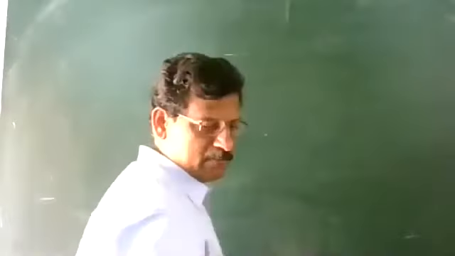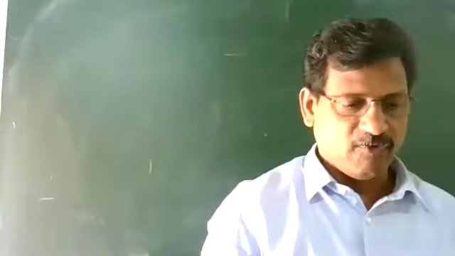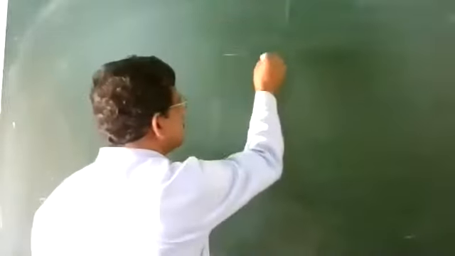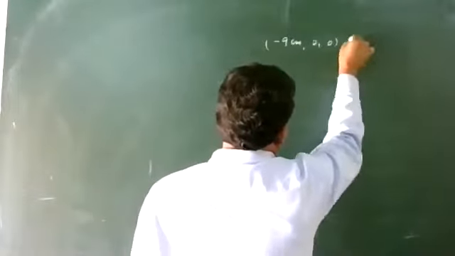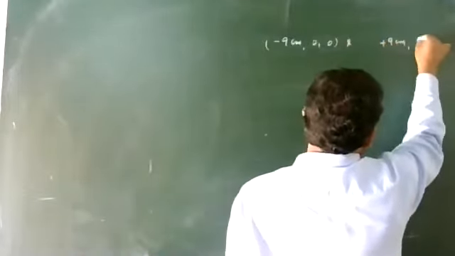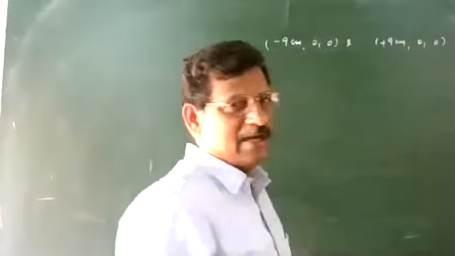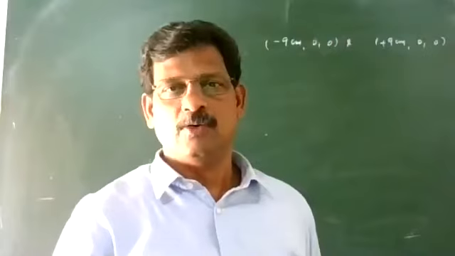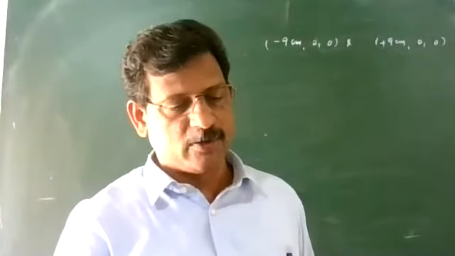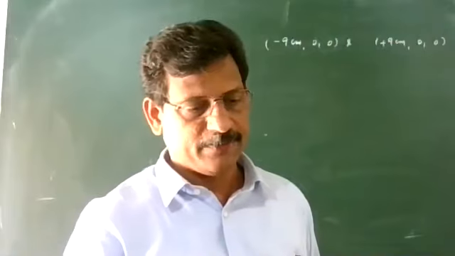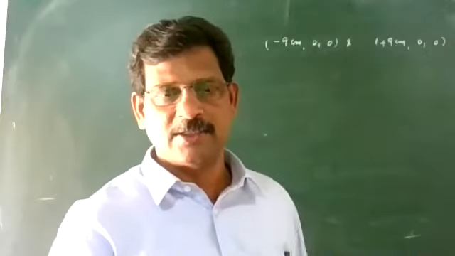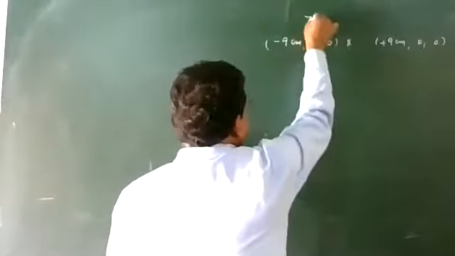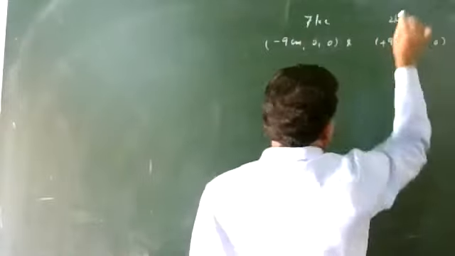The two charges, 7 microcoulomb and -2 microcoulomb, with no external field, are placed at two points, -9 centimeter, 0, and +9 centimeter, 0, on the X axis. One is to the left side of the origin, another to the right of the origin, respectively. So you have to find the electrostatic potential energy of the system of two charges separated like this. 7 microcoulomb is here and -2 microcoulomb is there.